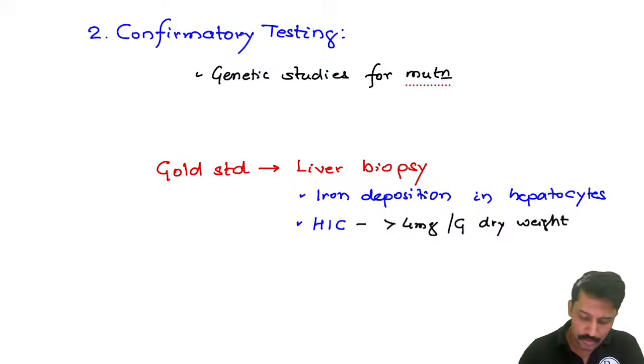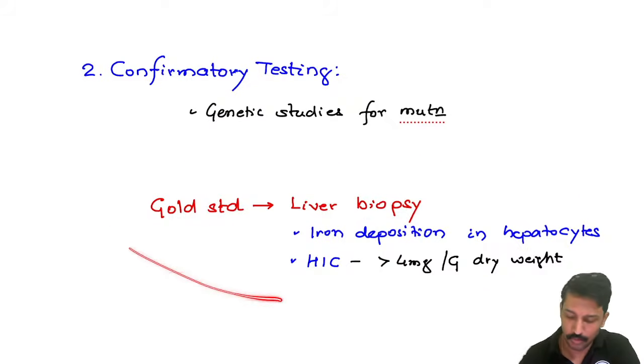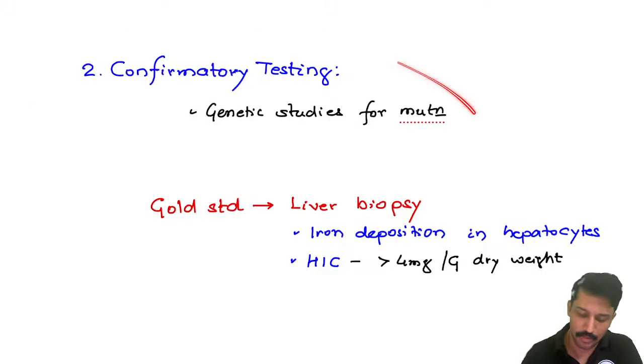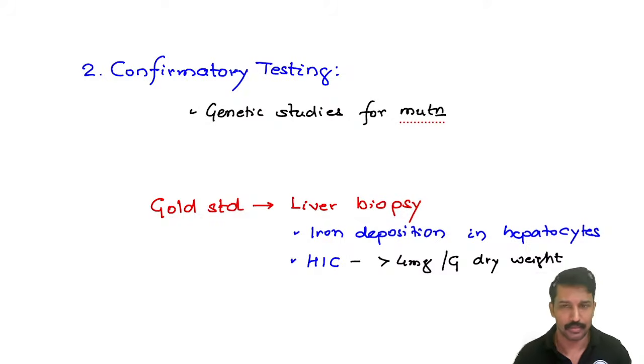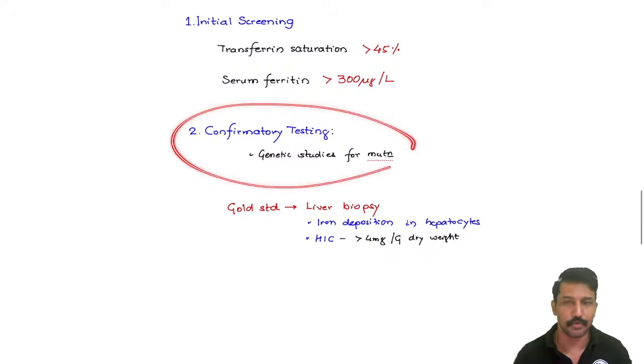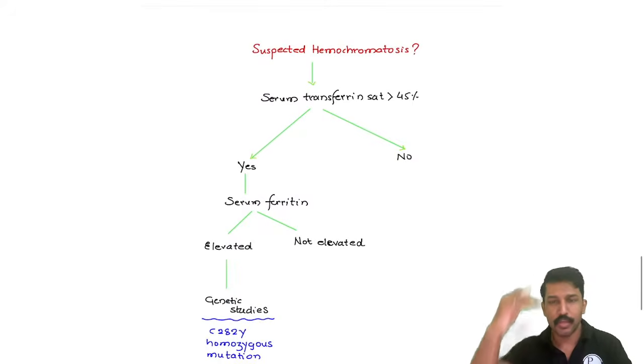Now after this confirmatory testing, in most cases we don't have to go for the liver biopsy. We will be able to confirm or refute at the level of genetic studies itself. So from the genetic studies, I have confirmed. How will I manage? Okay, so before we go to the management of hemochromatosis, let me give you an algorithm